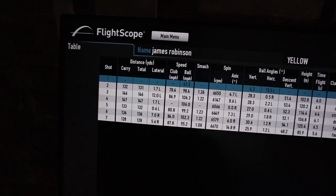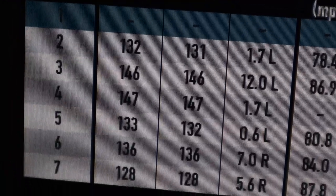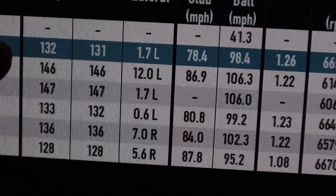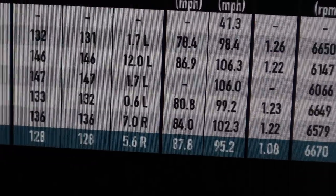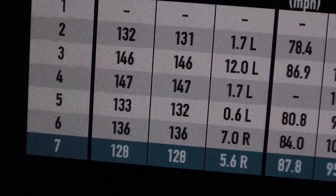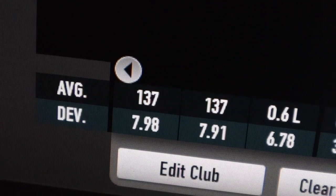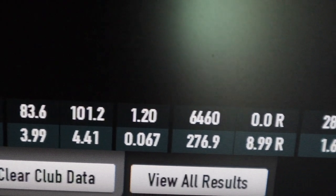I've got no idea what happened with shot number 1 there, but that's just a ghost shot, non-existent. As you can see, all around that 135, 145 number. I had a real bad shot there and a real bad shot there. But apart from that, not too bad. 3 and 4 were absolute monsters, to be fair. I don't know what happened there. Average 137. So what club do we think this is, with an average spin rate of